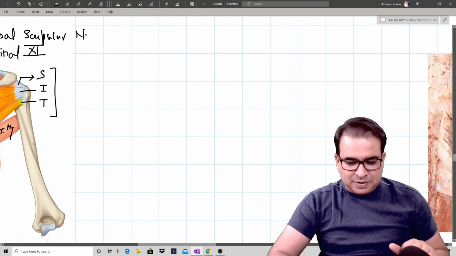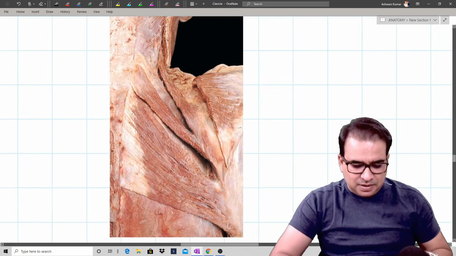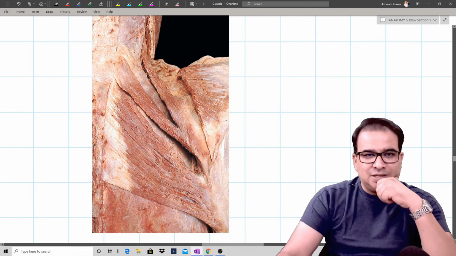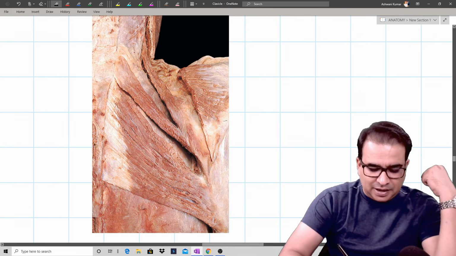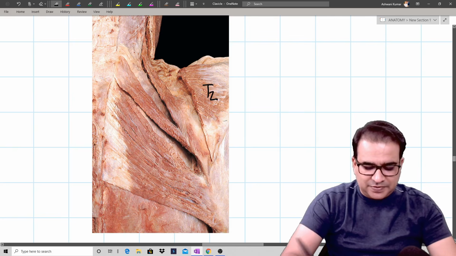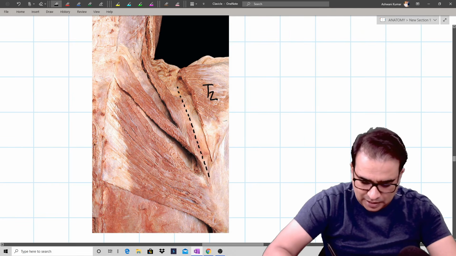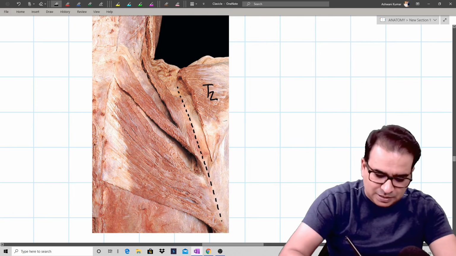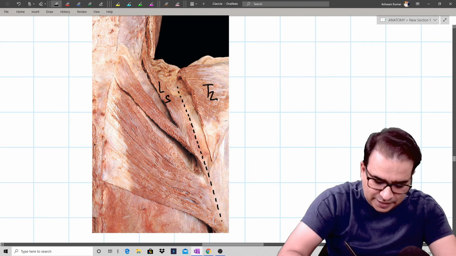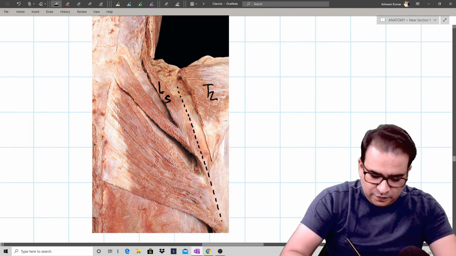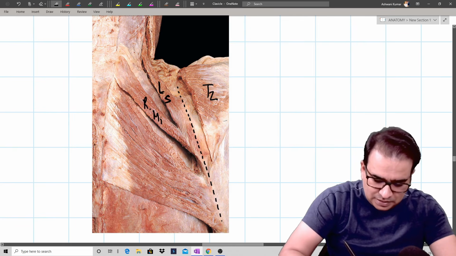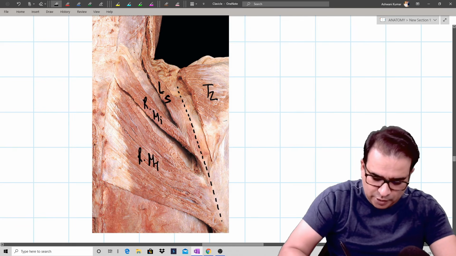How about if we see some pictures here? Look at that, guys. That's a real-time section. Now in this real-time section, the trapezius is cut here. You can see the trapezius fibers are being cut here. This is the medial border of the scapula, and along the medial border you can appreciate the muscles. This is the levator scapulae. I'll be writing in short here. We have the rhomboideus minor muscle, and this big one is the rhomboideus major muscle.